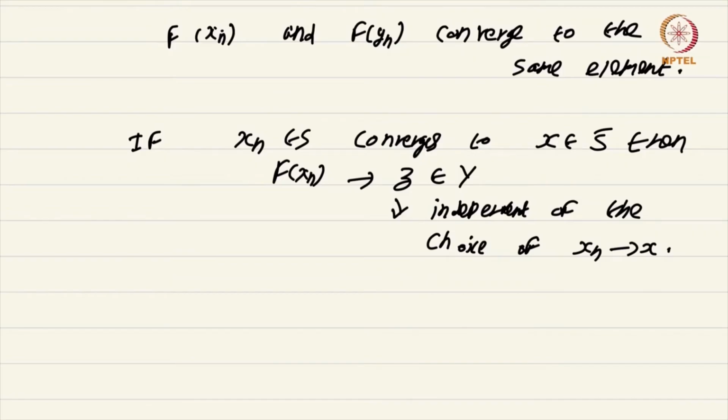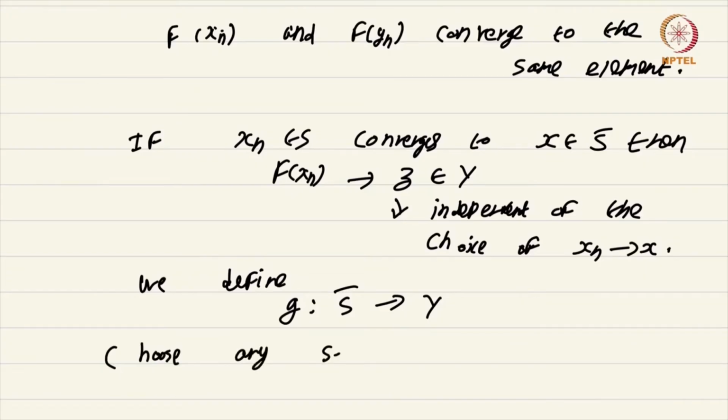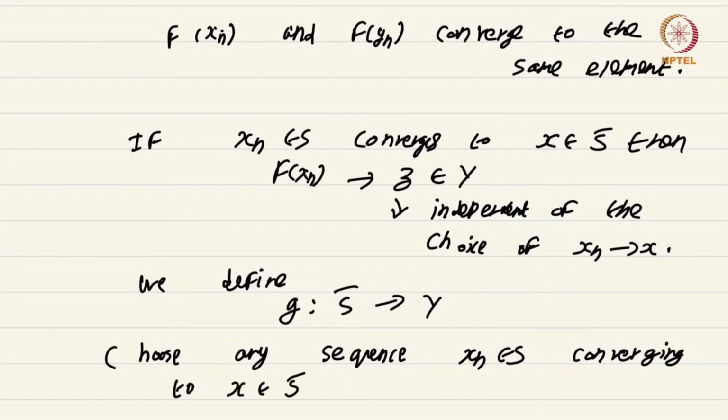It does not depend on the particular sequence you choose to approach this point x coming from the set S. Okay, so we can define g from S closure to Y as follows. Choose any sequence x_n in S converging to x in S closure, and define,